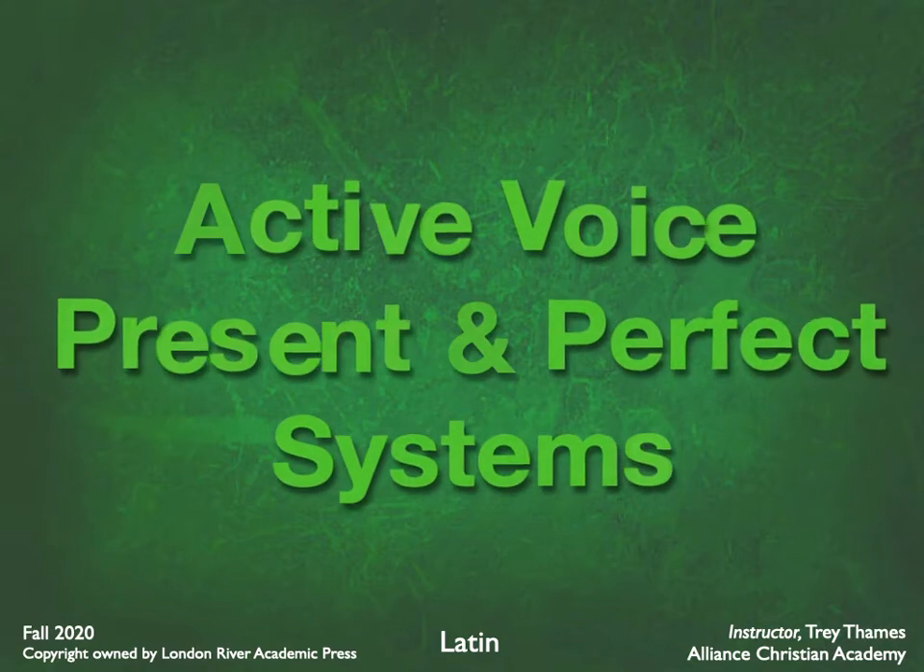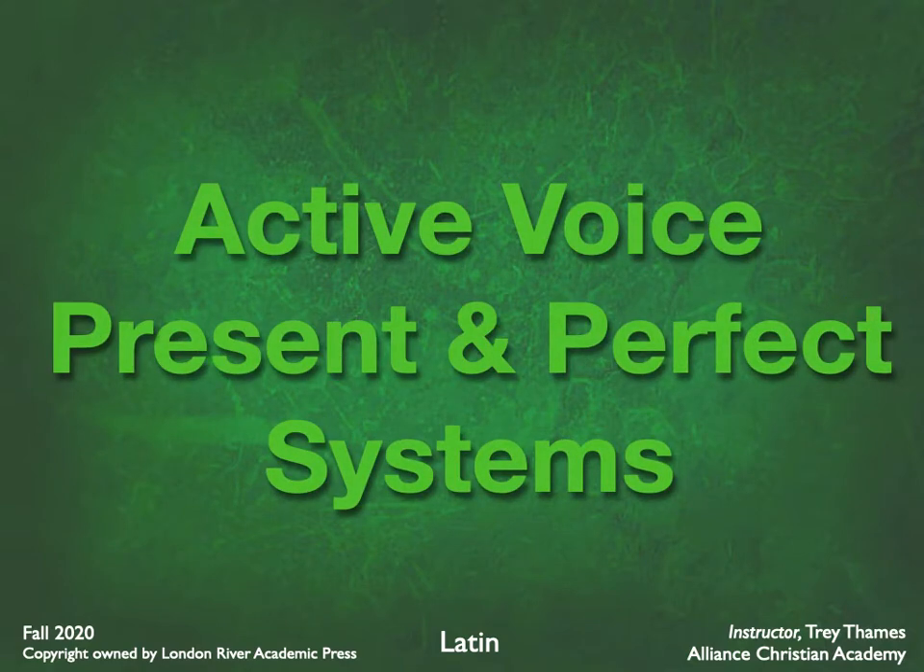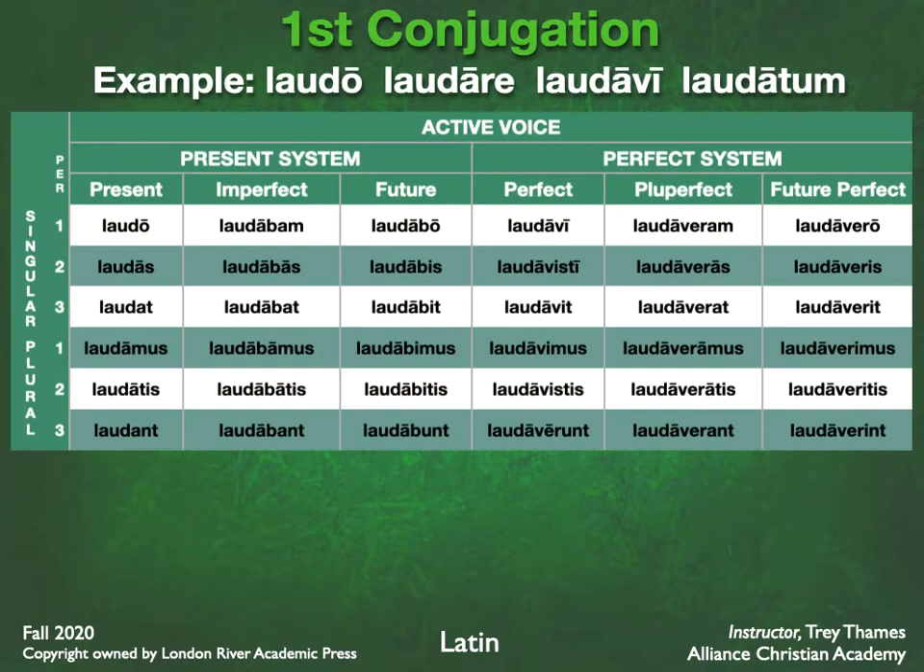So let's see what that looks like. This is your active voice, because you haven't learned passive yet. We're coming to that soon. But active voice, this is your present and perfect systems. So here's an example of laudo, laudare, laudavi, laudatum in the present, imperfect, future, and then of course the perfect, pluperfect, future perfect. So notice laudo, laudas, laudat, laudamus, laudatis, laudant, laudabam, laudabas, laudabat, laudabamus, laudabatis, laudabant, laudabo, laudabis, laudabit,